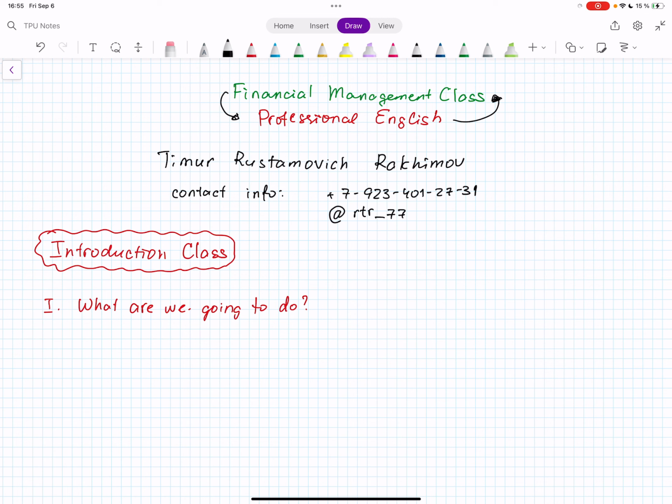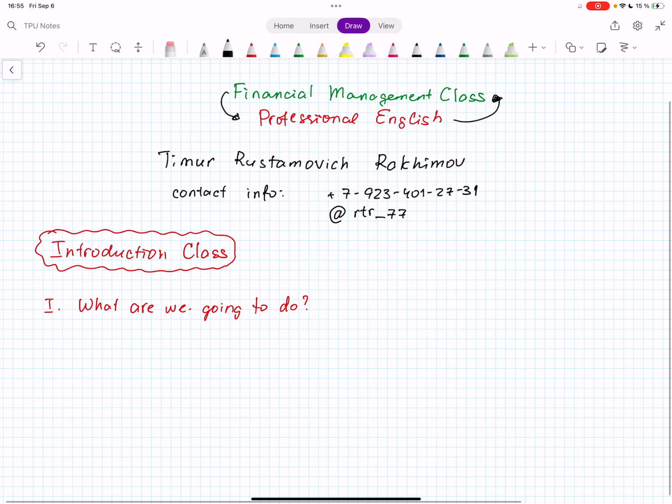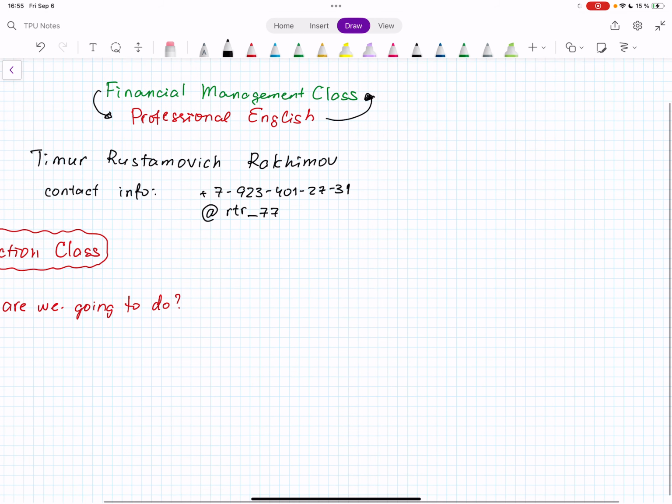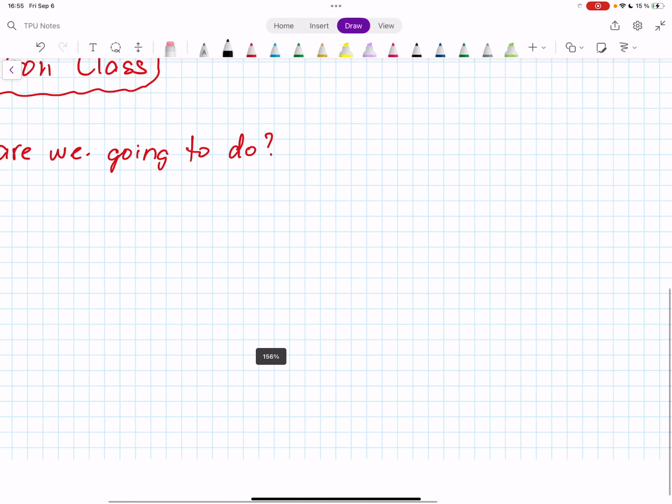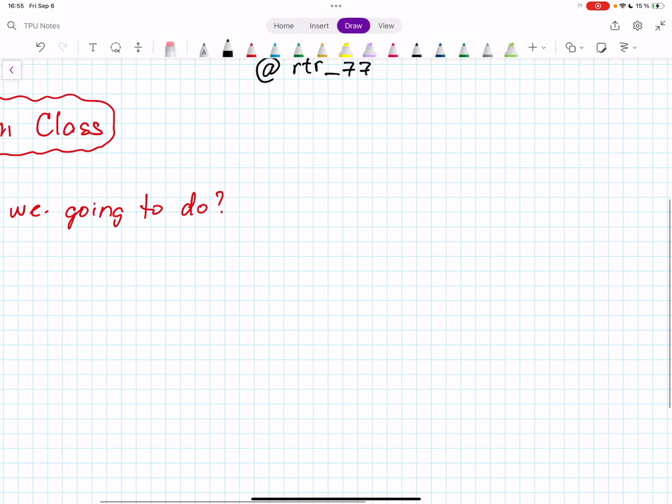So we will use the materials for financial management class. And let me draw something like a pyramid for this subject. The whole course of financial management was developed some time ago, and it includes the following topics.